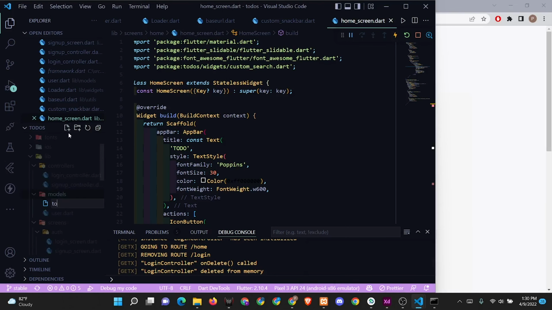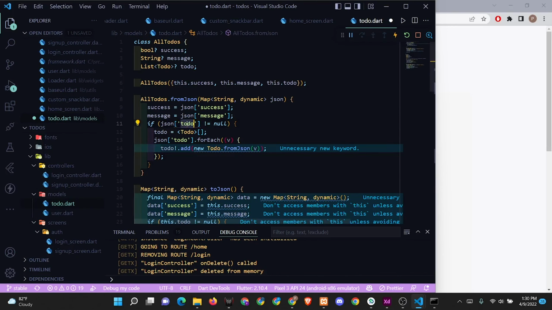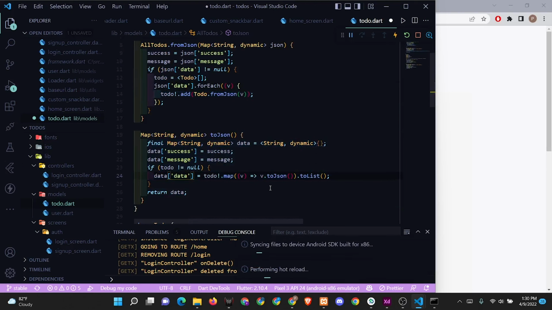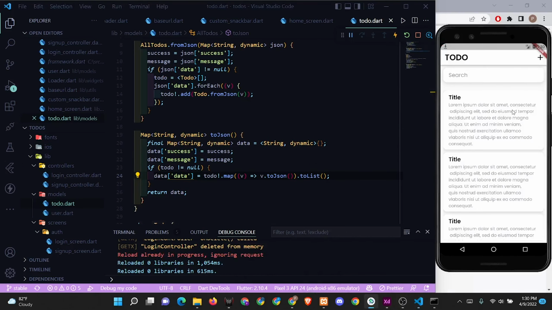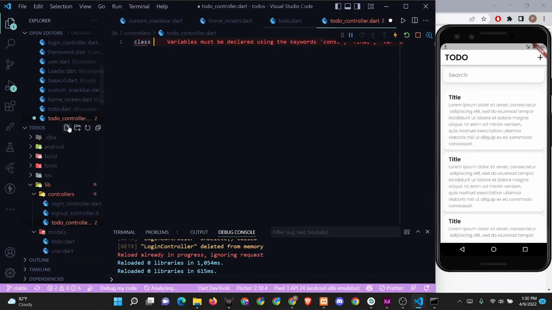I'll write to-do dot dart. I will paste it over here, and I will change this to our data, data, and data. Let's save this. I'll open here. So I'll create a controller, to-do controller dot dart, class to-do controller